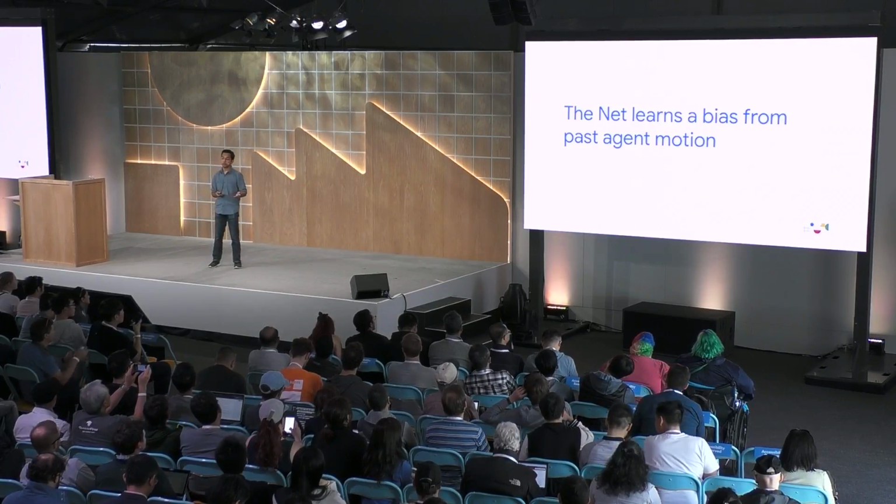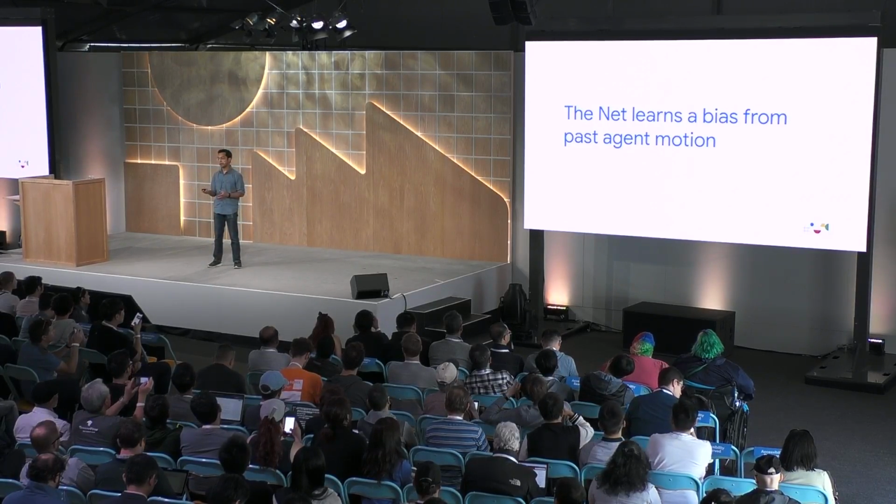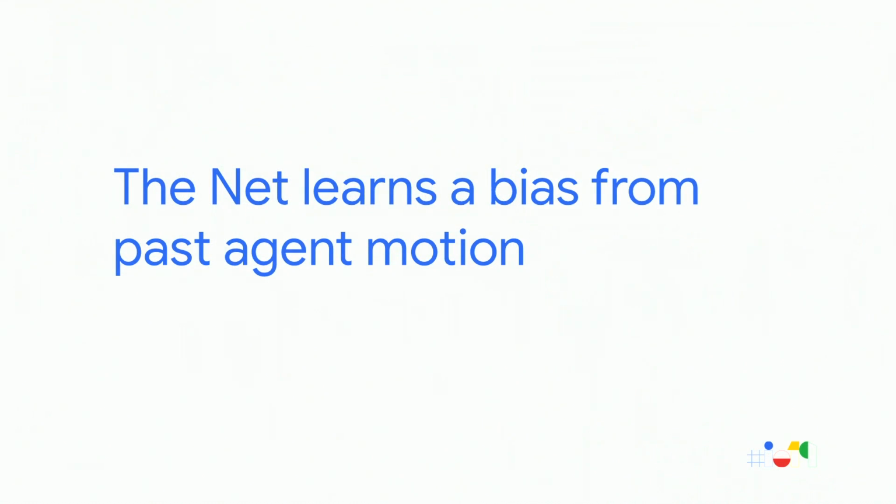So once again, the important point is the net has learned a bias, this time not from the way the data was generated, but just from the characteristic of what it is being fed. So the bias in this case is from the past motion, and we really want to remove that to be able to avoid this bias. But the issue is, it's important for the net to know what speed and acceleration the car was driving with, so it can actually predict the future. So we can't really remove that past motion.